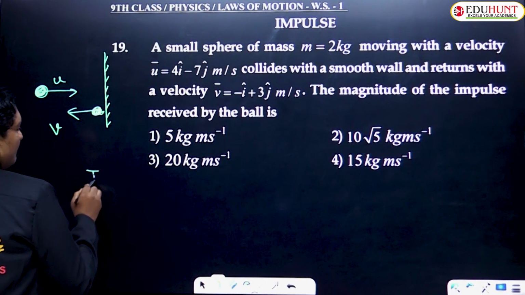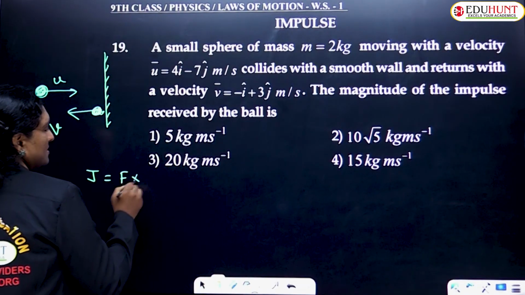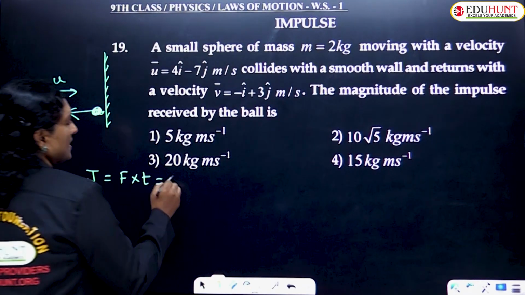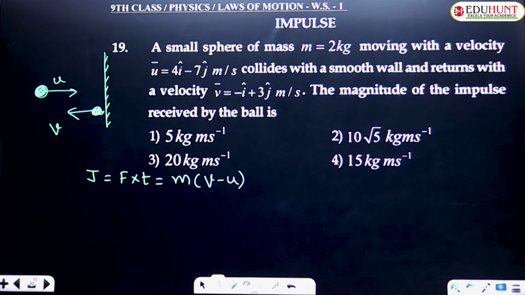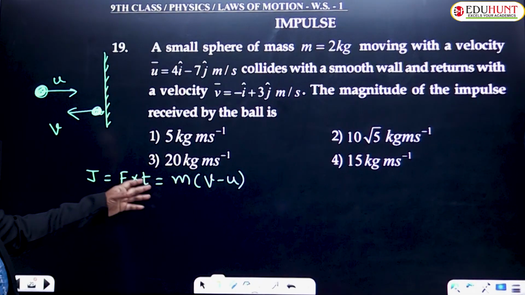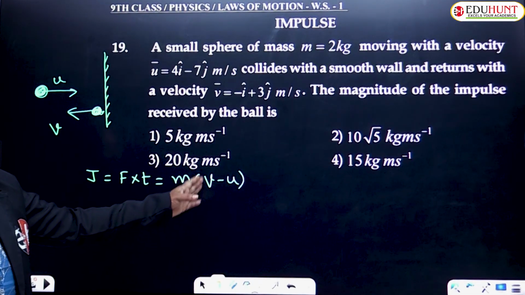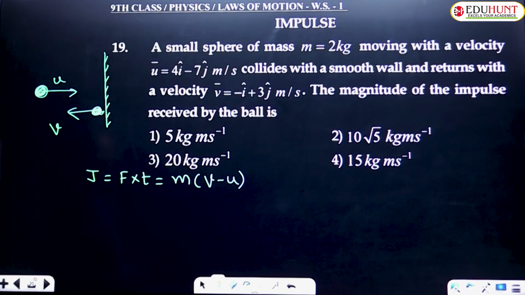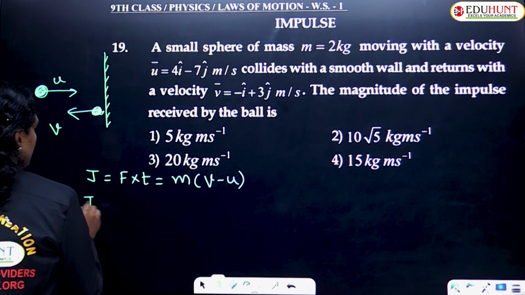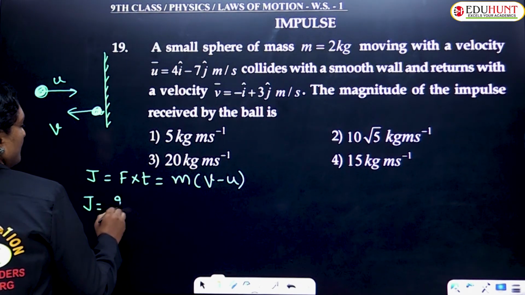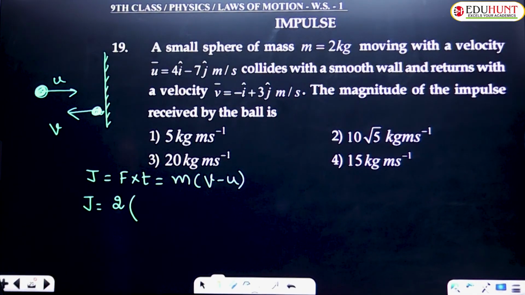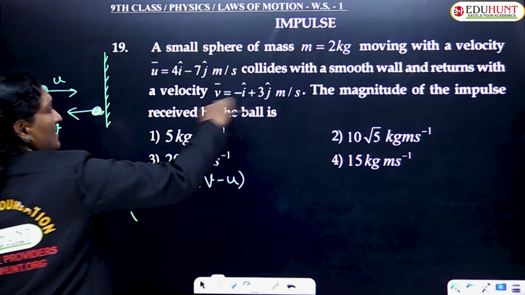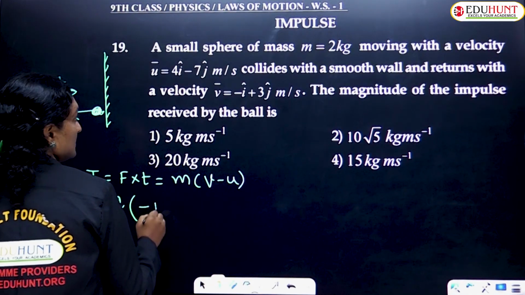Children, you know the formula for impulse as J is equal to F into t, which can also be written as mass into change in velocity. So we know the value of mass, we also know the value of final velocity, and the value of initial velocity. So substituting all the values in the above equation, we have J is equal to the mass of the sphere, given as 2 kg, times the final velocity, which is the return direction itself, given as minus i cap